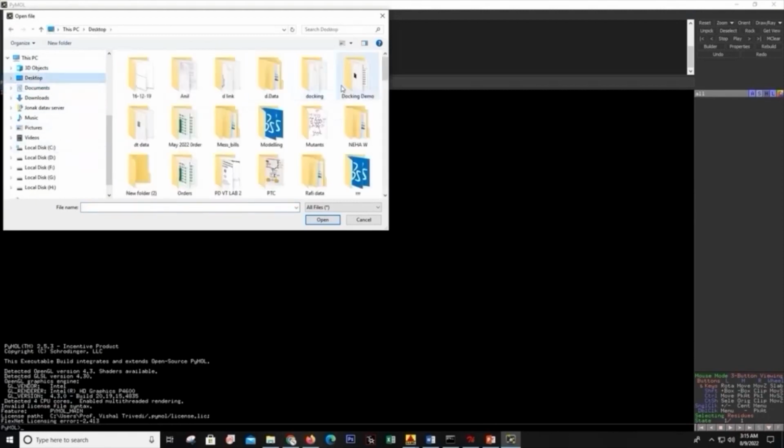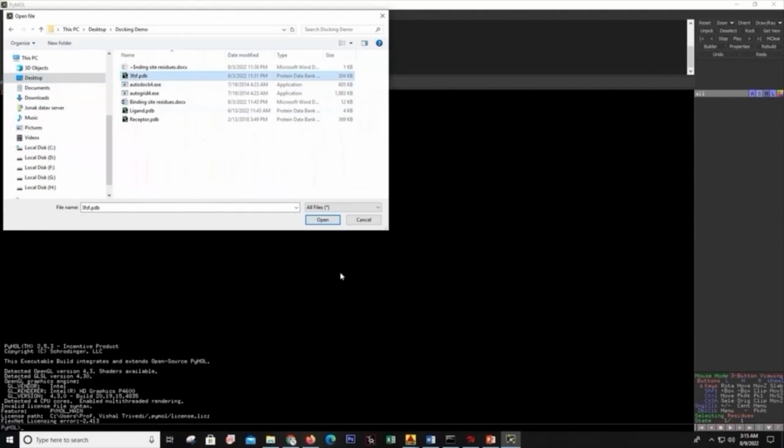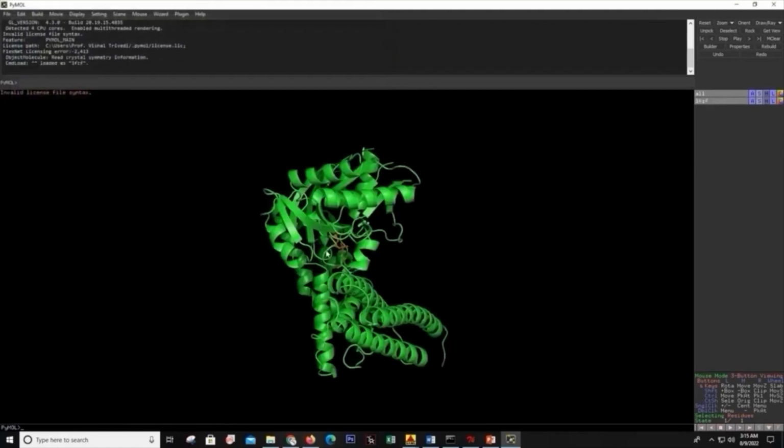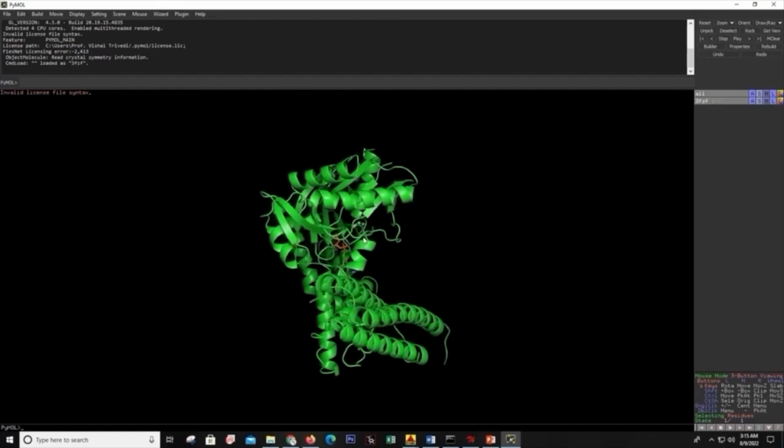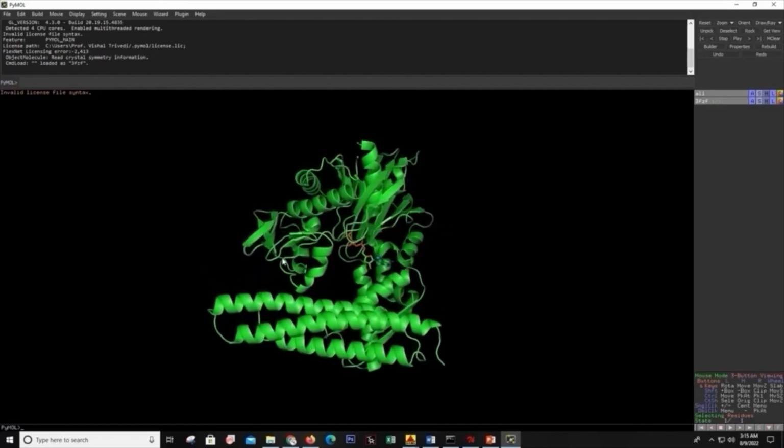So here I will be, this is the structure which I have downloaded. So here we can see that the ligand is bound to this receptor here, and now we need to know the residues which are involved